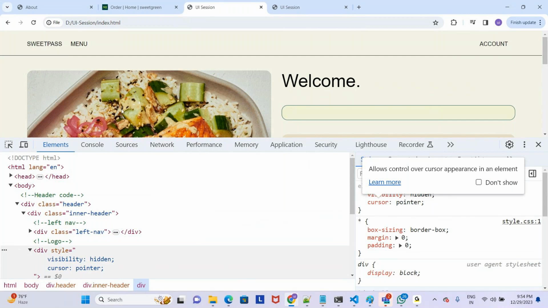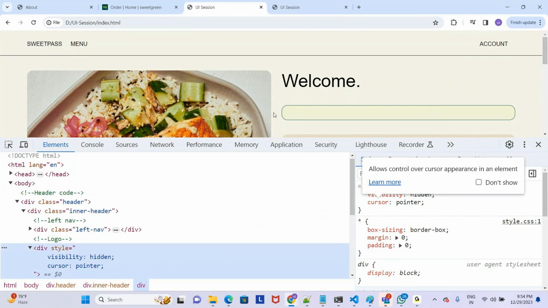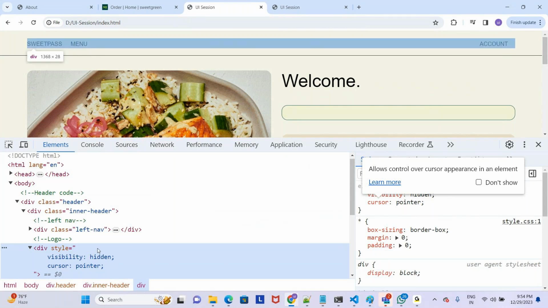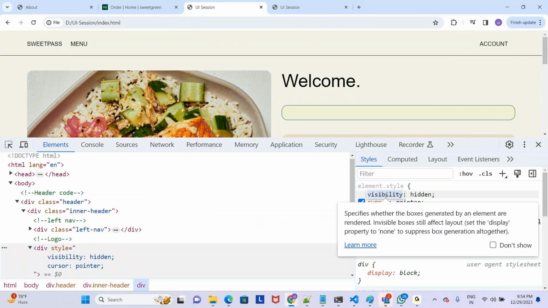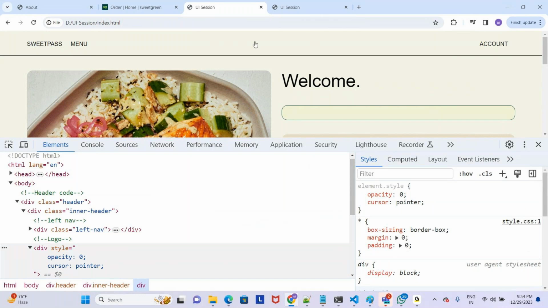So for this element, this is the visibility, and we don't see anything here, which is expected. But when I add opacity 0, see, my element is here. I changed the cursor to a pointer. If there is no cursor pointer, it is normal only. And when I enable that cursor pointer, I can sense some element is there,